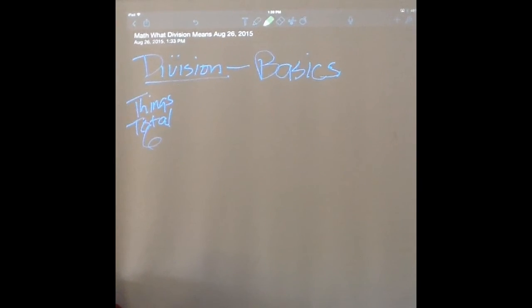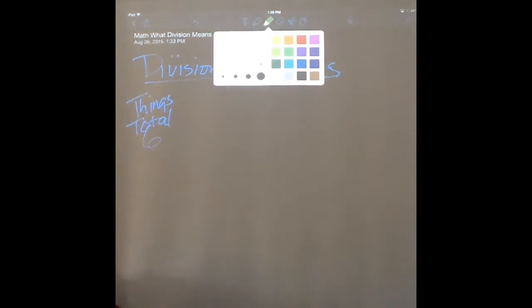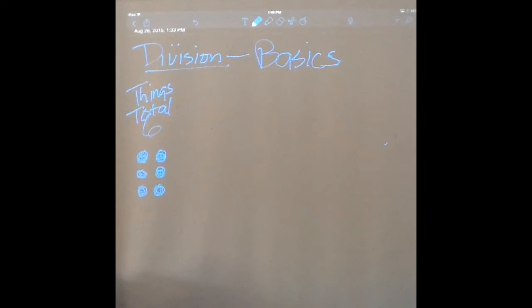And we could represent that with, can you see those? Nope, not too well. Let's try this. Can you see that okay? Yes. Great. Moving on. So, you see we have 6 items there, correct? Yes. All right. So what we're going to do is we have 6 items and we're going to divide it, that's what this symbol means. We're going to divide it into